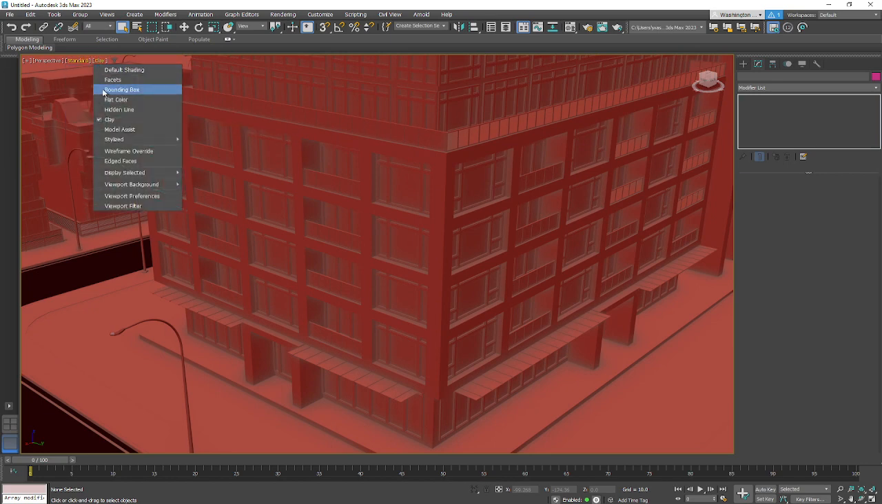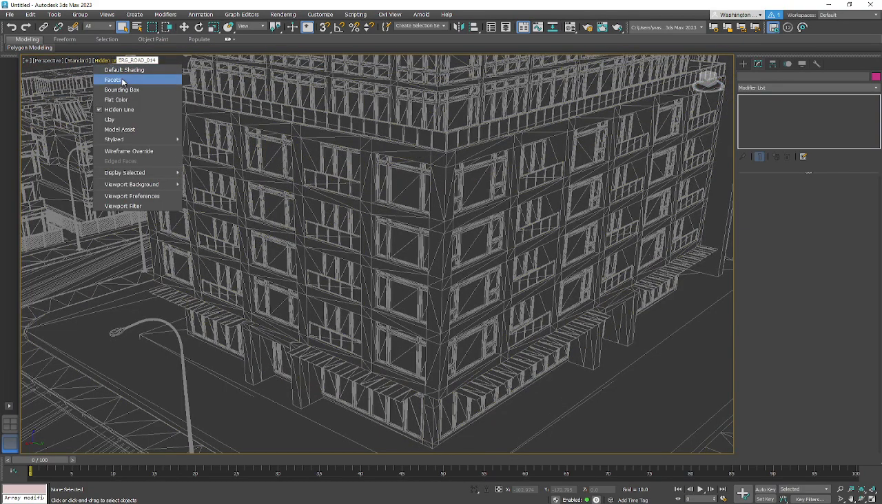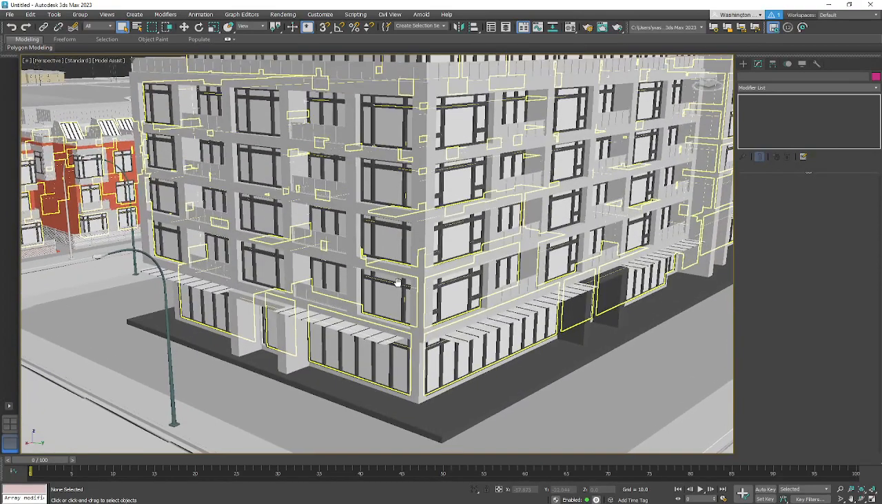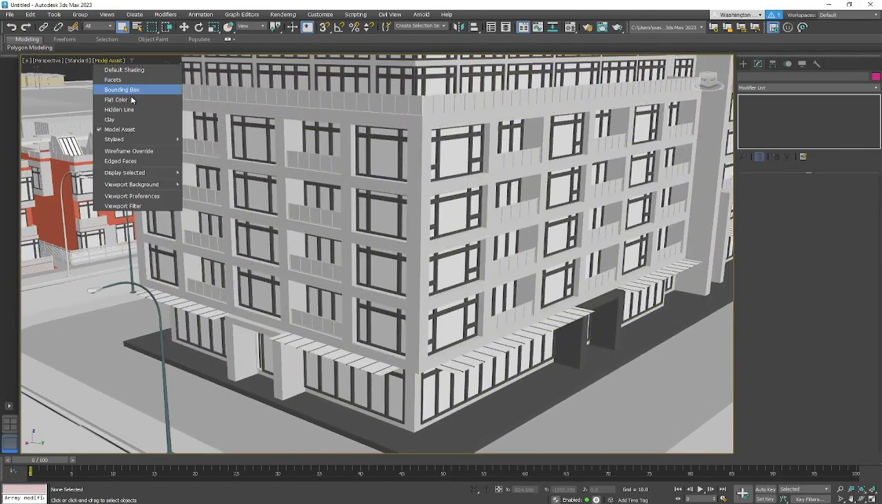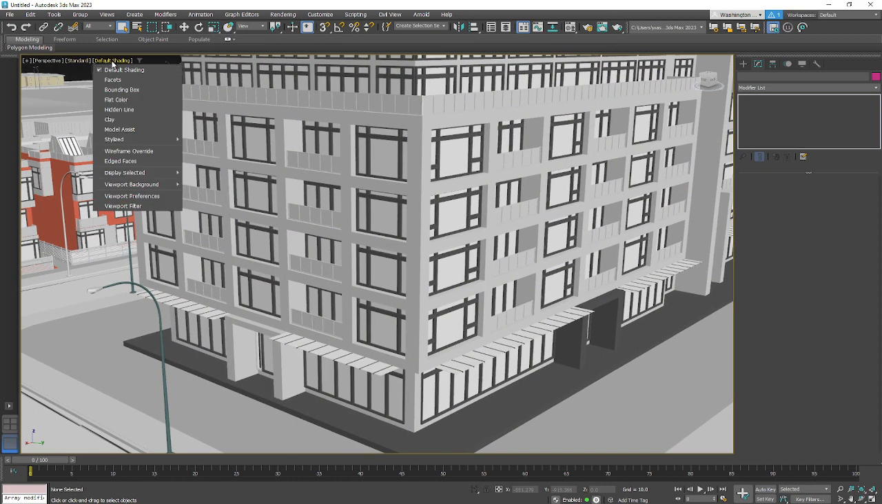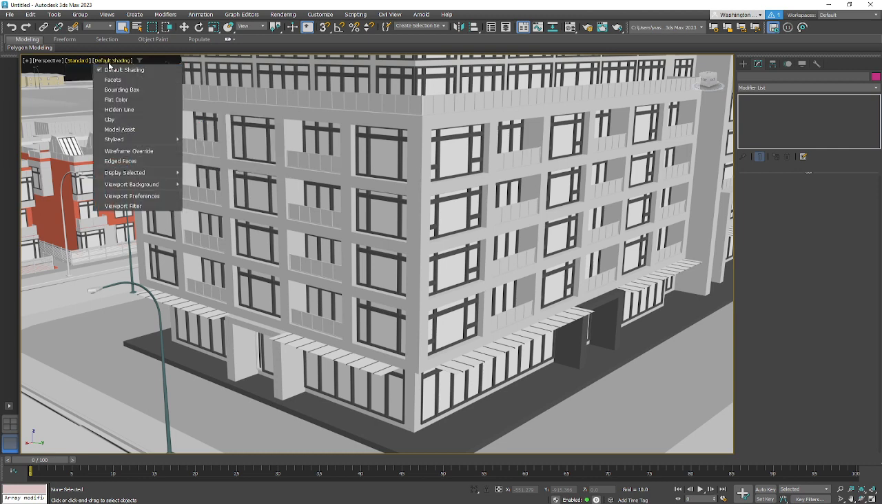Okay, let's do a hidden line, I don't know what that is. Okay, that's something. Model assist. What is model assist? I don't know, it seems the same as default shading. Okay, facets, everything will be faceted. Okay, let's go for